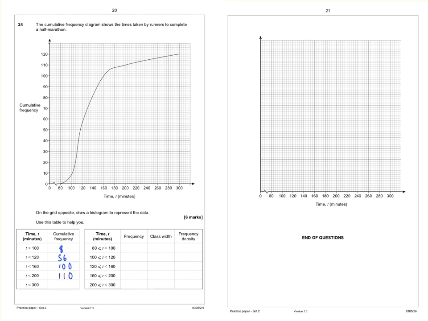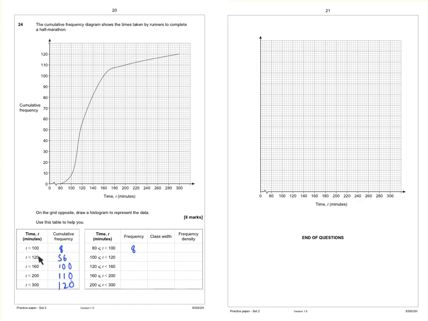And less than 300, we already know it's going to be 120 because we've seen that already. Now, remember, these are cumulative frequencies. And now they've broken them down into different intervals, and I need to find the actual frequency for each interval. Less than 100, or between 80 and 100, I know that there were 8 people, and it's telling me here as well. Now you must remember that this 56 is made by 8 add whatever that is,